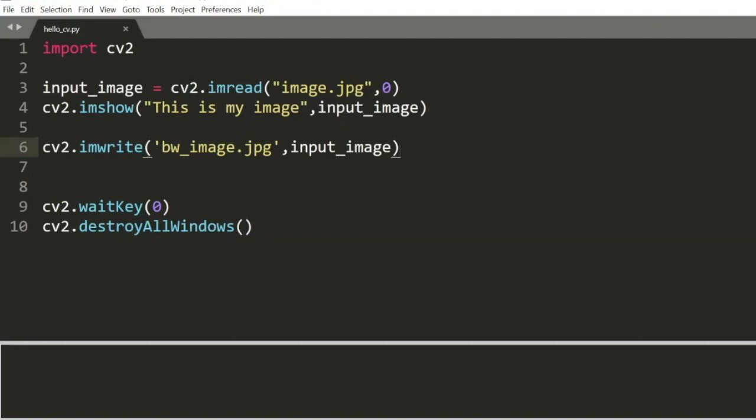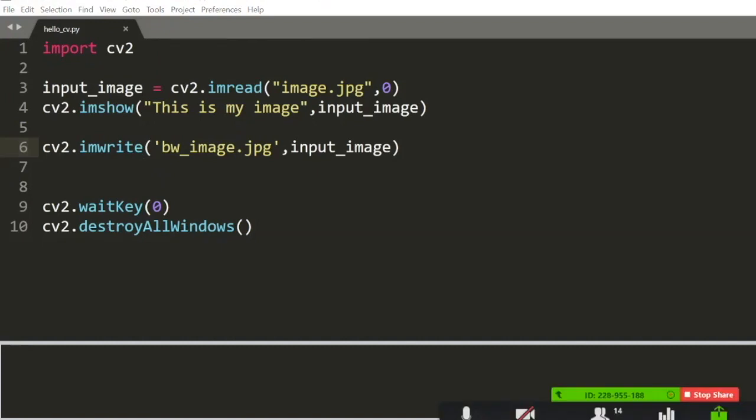I would want you to try and search for a function which will allow us to draw a rectangle on our original image. Go ahead and search for a function which will allow us to draw the rectangle on the input image that we have, try to look for the documentation of the function, and try to understand what the parameters of those functions are.